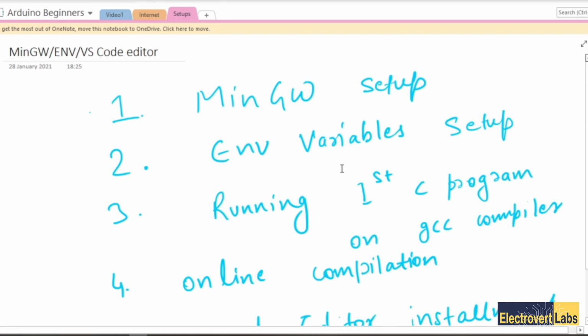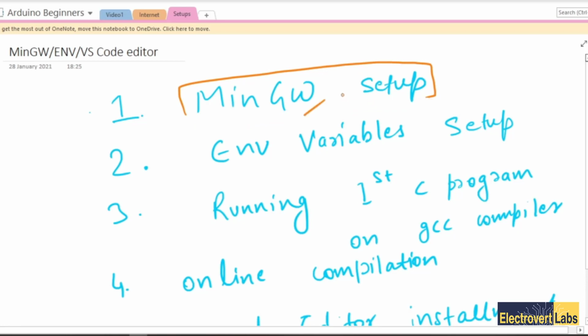In this video, we are going to discuss what the different dependencies and installations are that we have to do before writing or compiling a C program. For doing that, the first thing we are going to do is install our MinGW environment, and in that the GCC compiler, the compiler that we will be using for compiling our C program, will come inside it.